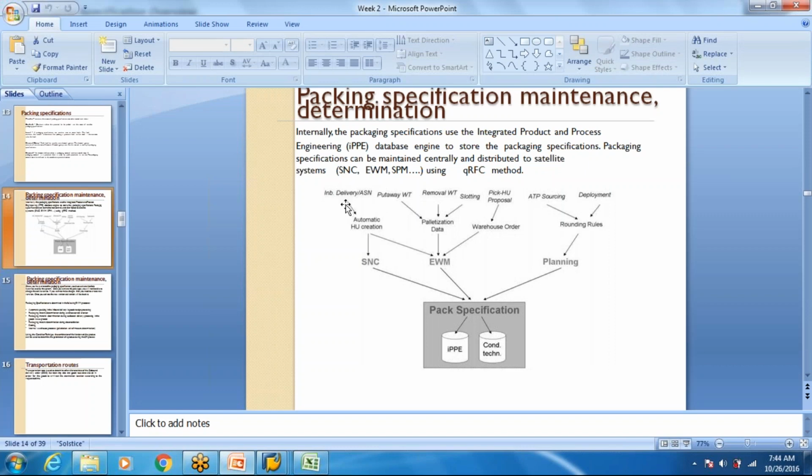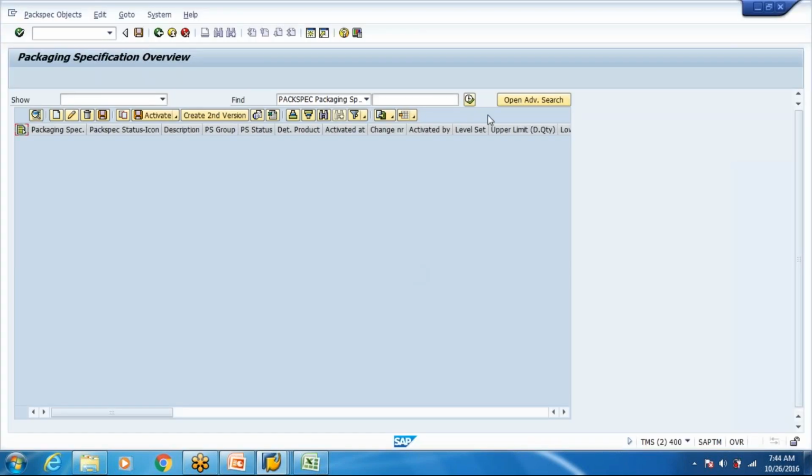What we are going to demonstrate is a very basic scenario of inbound, creating HUs, because we haven't started on the other scenarios. It is master data. Going forward, whenever we do outbound or task creation, we will try to use the same pack specs. So master data is kept ready for our scenarios. We will just try to create one.